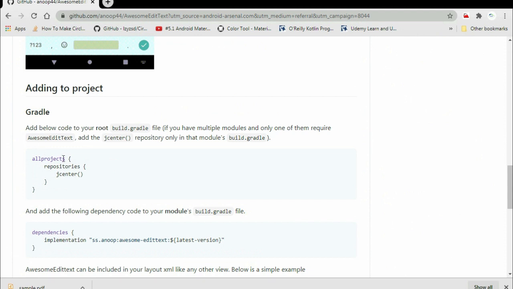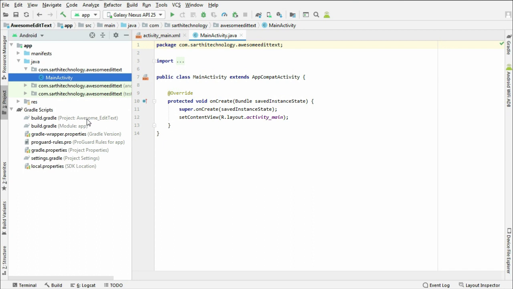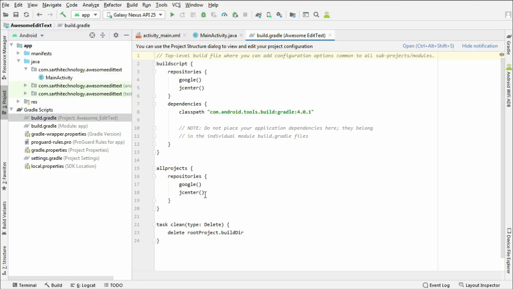So first you need to have this JCenter in your Gradle file. So first go to the Gradle file and this project, and we already have this JCenter. Again open this module,